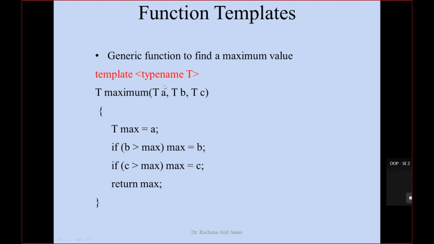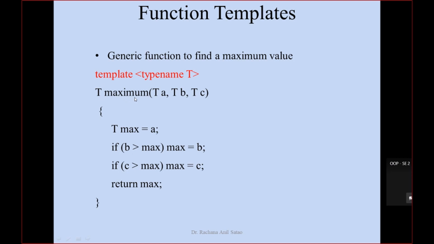Okay, so template is a keyword, typename is a keyword, and this T I can change. Here I have written T, you can make it X. Now this T will represent the type within this function. So the format is fixed. We know that we have written it for integer, we have written it for float and double also. So here I will write the return type as T.